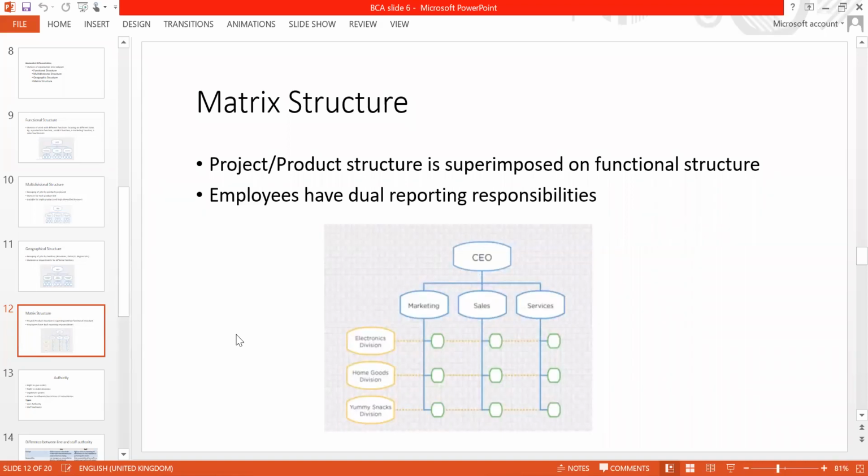It's the mix of multi-divisional and functional structure. It's just the mix of two. That's why it's called a matrix structure, where you see